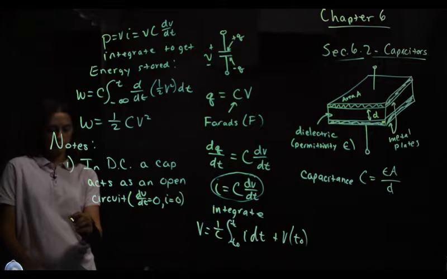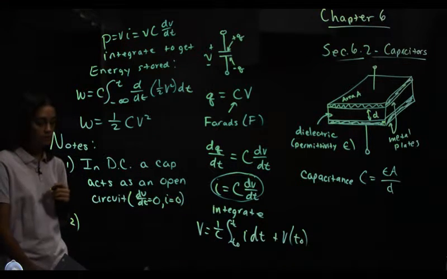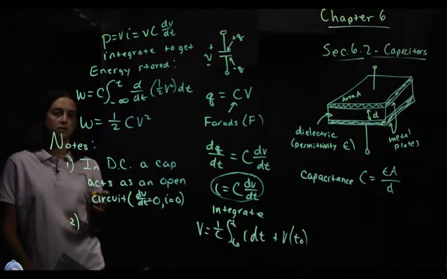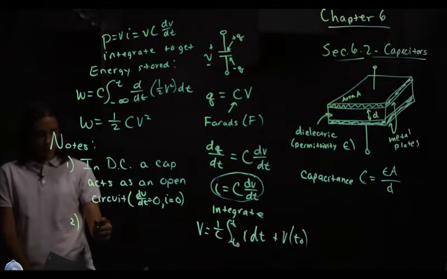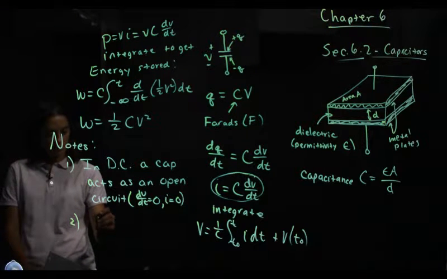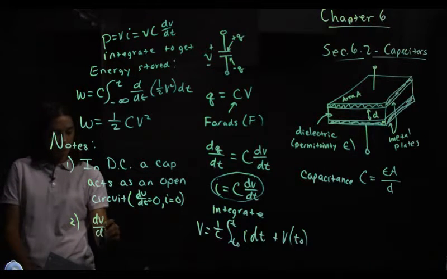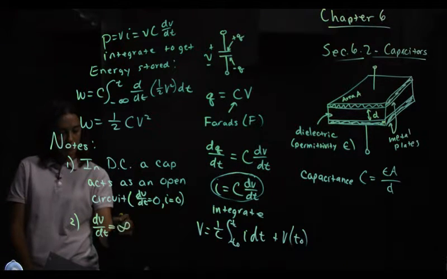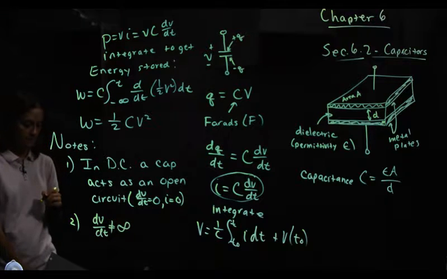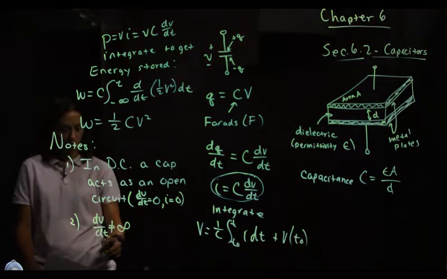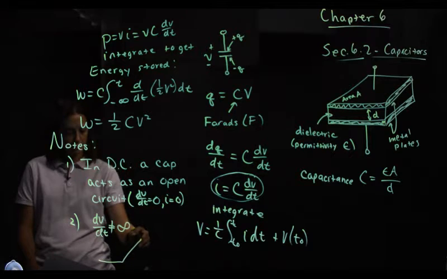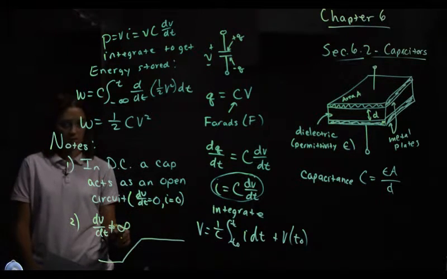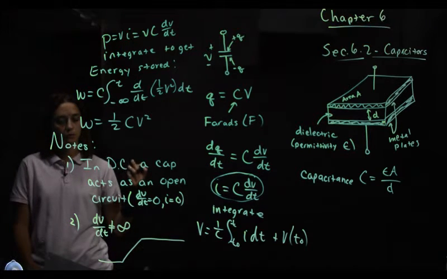Our other important thing, which we'll really use heavy in Chapter 7, is that the voltage across the capacitor cannot change abruptly. So that's saying that dV dt cannot be infinite, right? So the voltage across our capacitor takes some time to change. It cannot change instantaneously. That's because it has to charge up